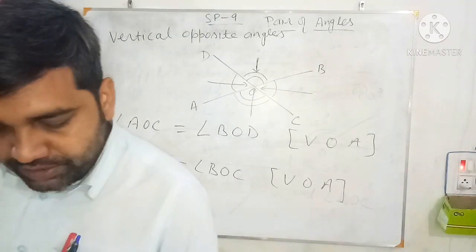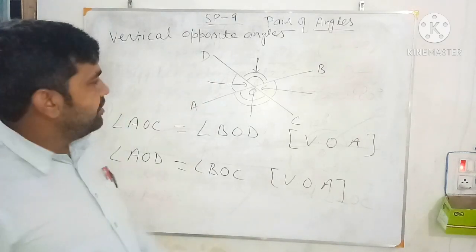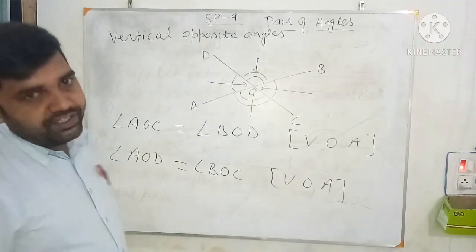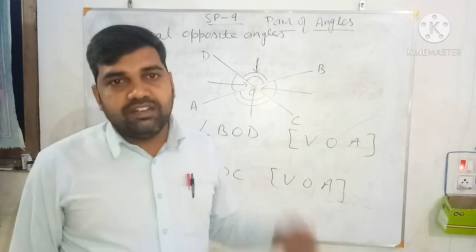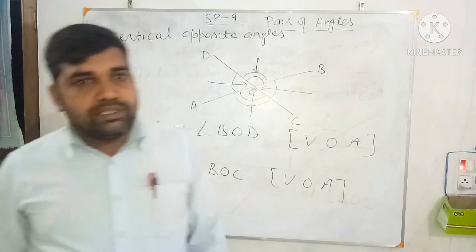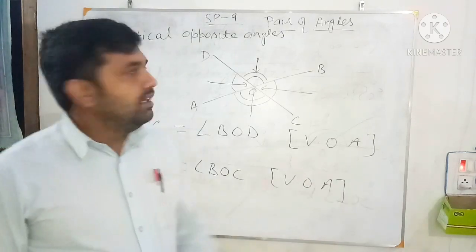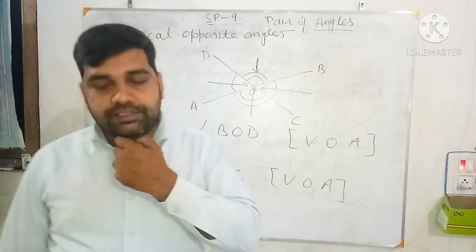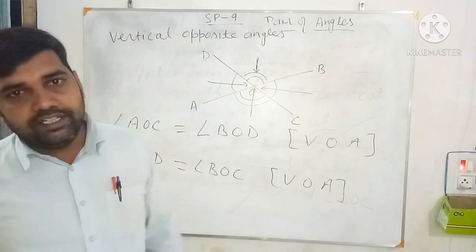Okay, so this is all for today, students. In the next class we will solve the exercises of self practice 9A. So this is the introduction to pairs of angles. In today's class we have studied the different types of angles: acute angle, right angle, obtuse angle, reflex angle, and complete angle. And also we have studied the pairs of angles, that is the complementary pair of angles, supplementary pair of angles, linear pair angles, adjacent angles, and vertically opposite angles. With this concept we will solve the exercises of self practice 9A in the next class.